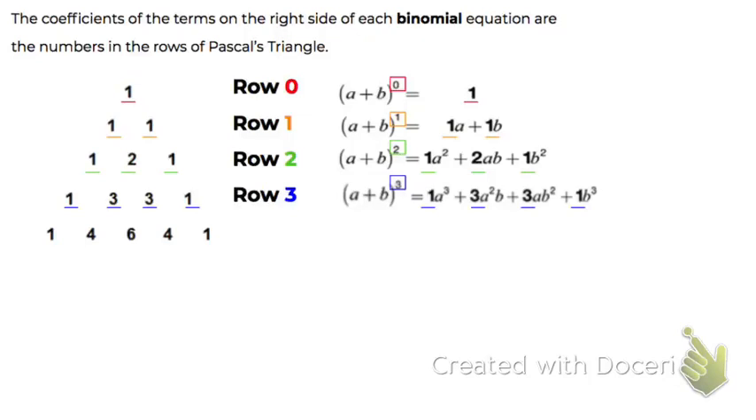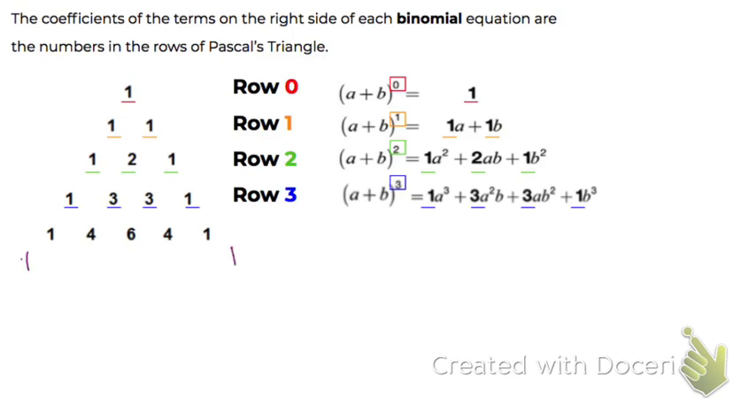Here we're going to come up with the fifth row of Pascal's triangle and then use it to multiply a binomial with an exponent. So with Pascal's triangle, notice it starts to get wider like a triangle. And the outside edges are ones. So I'm going to put a 1 here